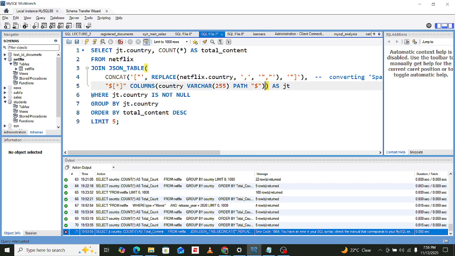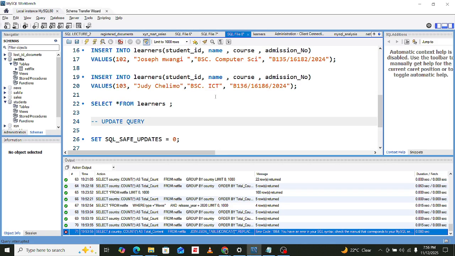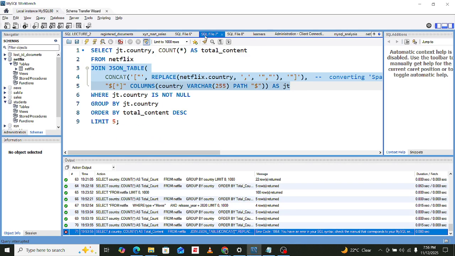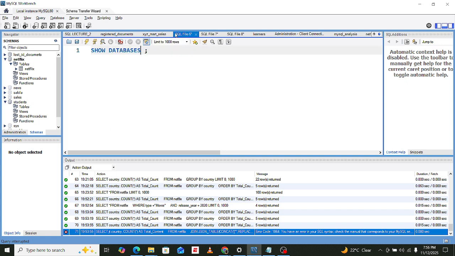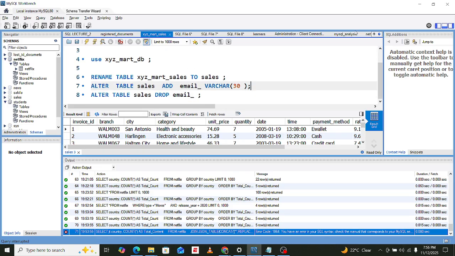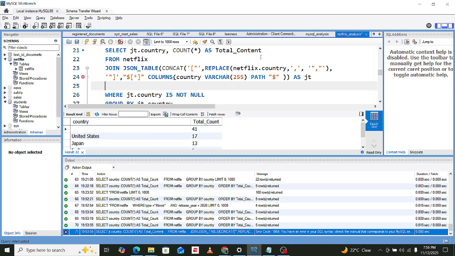Then we have this as JT. I think you can just copy this. Yeah, let us just copy that and then maybe see if there is somewhere we are making an error or a mistake. Where was this? Is it here?